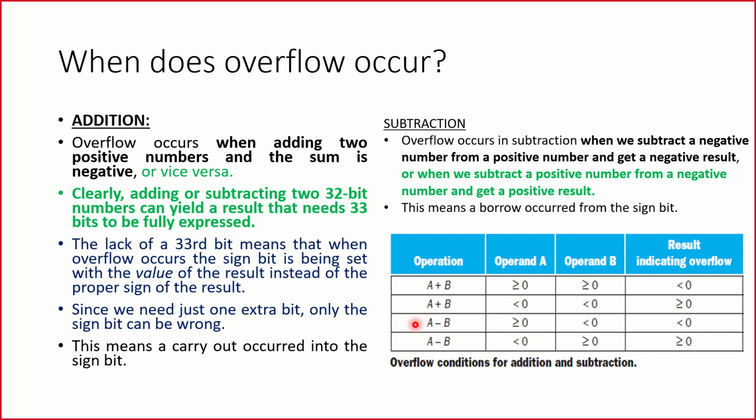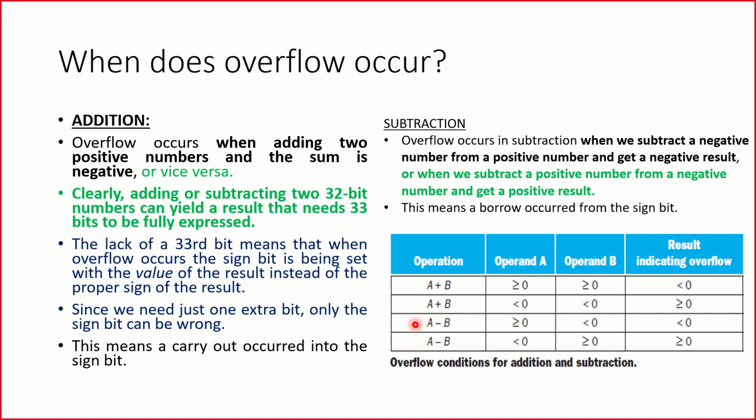That's it. We have explained it very clearly, and these two scenarios are sufficient for you to understand and let me know if there is an overflow or not. This is with respect to addition. Now please understand, adding or subtracting two 32-bit numbers could definitely yield a bigger number. I have two 32-bit numbers and it could always result in a 33-bit number or at times a 34-bit number.